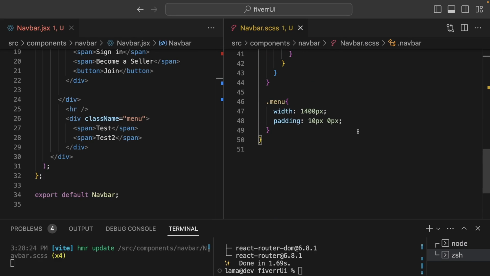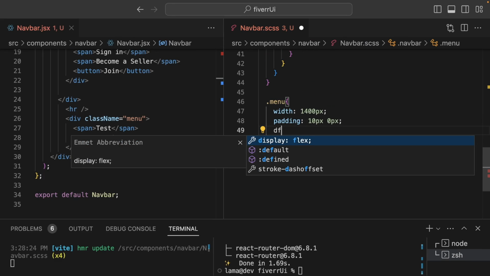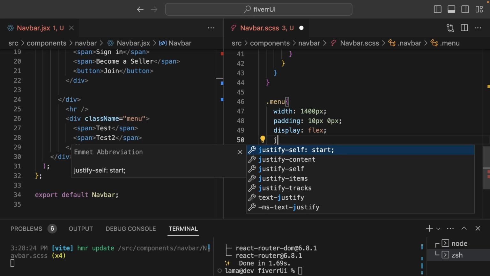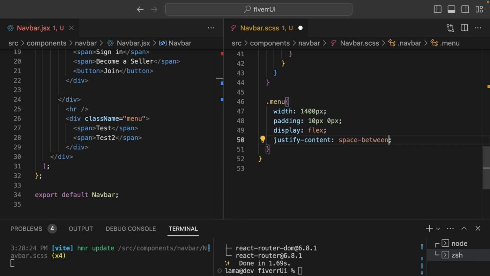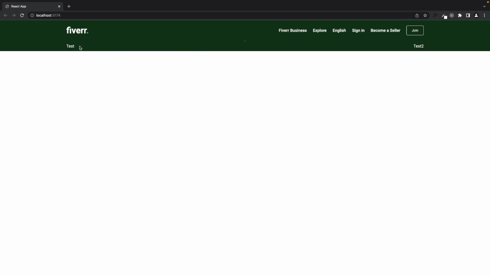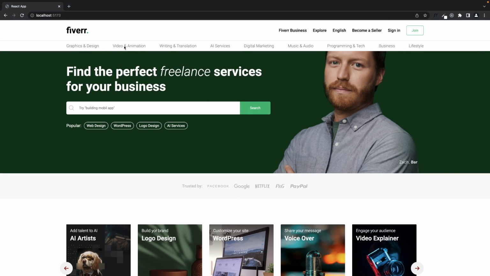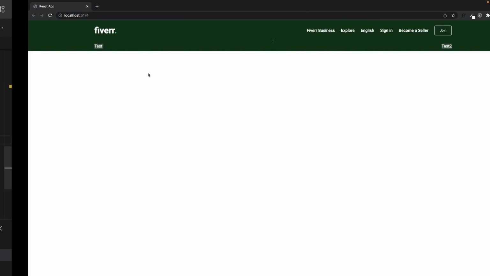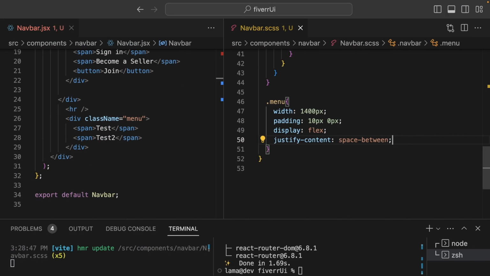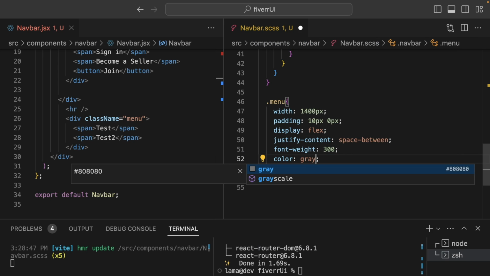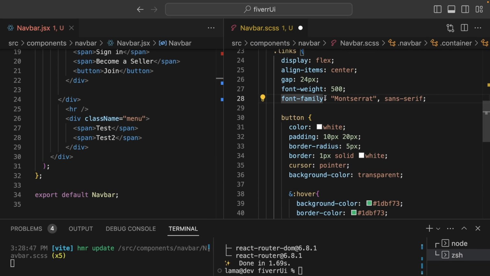Okay, let's come back. I will say display flex and justify content space between. In this case, it's going to separate our links. Of course, we have only 2 links right now, but when we create more, it's going to look like this. Okay. Let's change font weight and color will be gray. By the way, I can use same font family here,